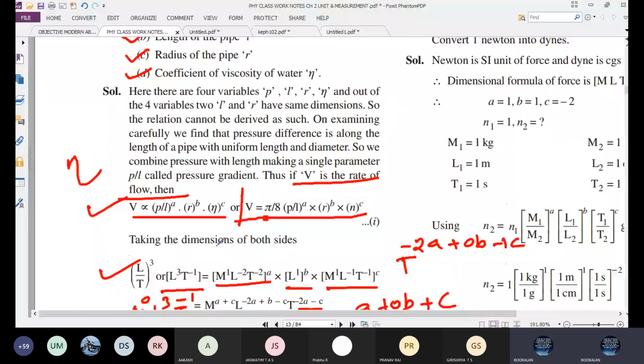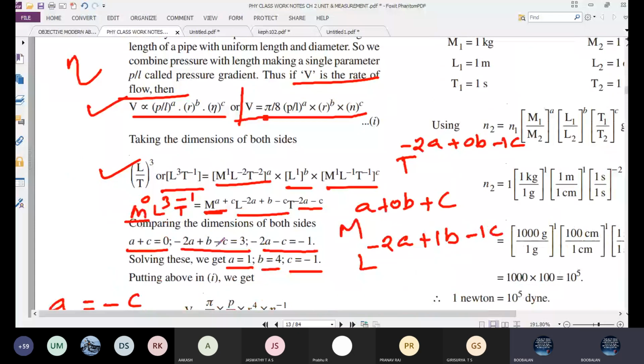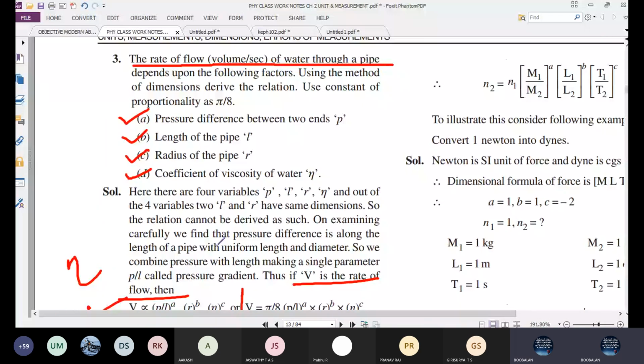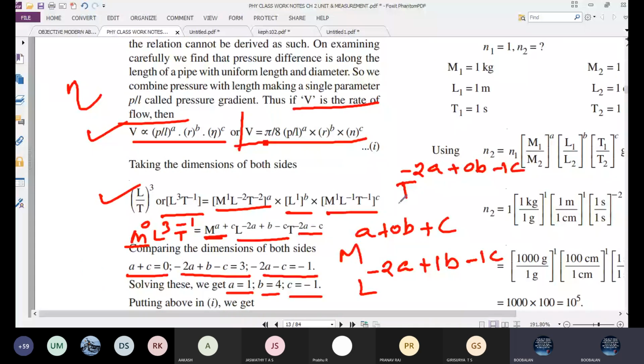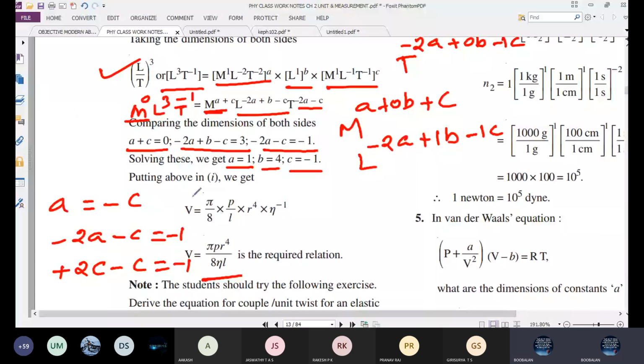Now you copy. No need for the stories and all. Write the question. Next you go for the equation. Second step, dimension formula. Next, balancing dimension formula. Final answer, a, b, c values. After applying into the first equation, that's all. Up to this also okay. No problem. You will get full marks.